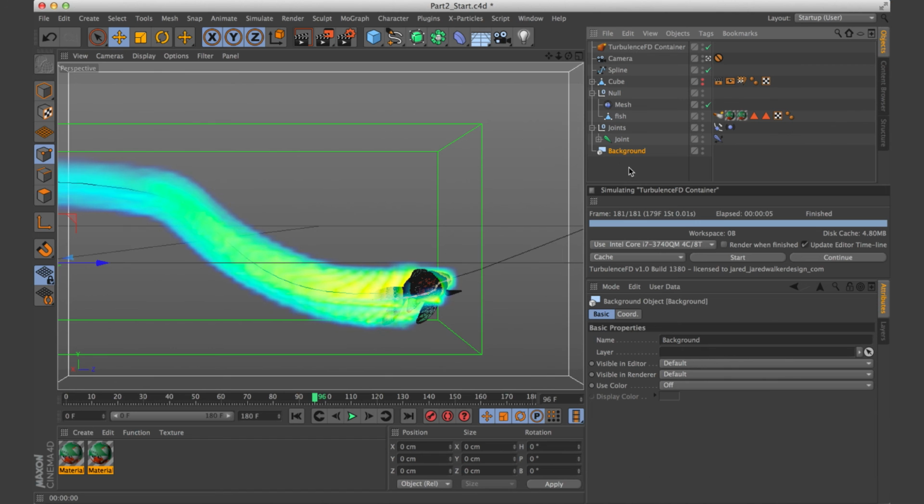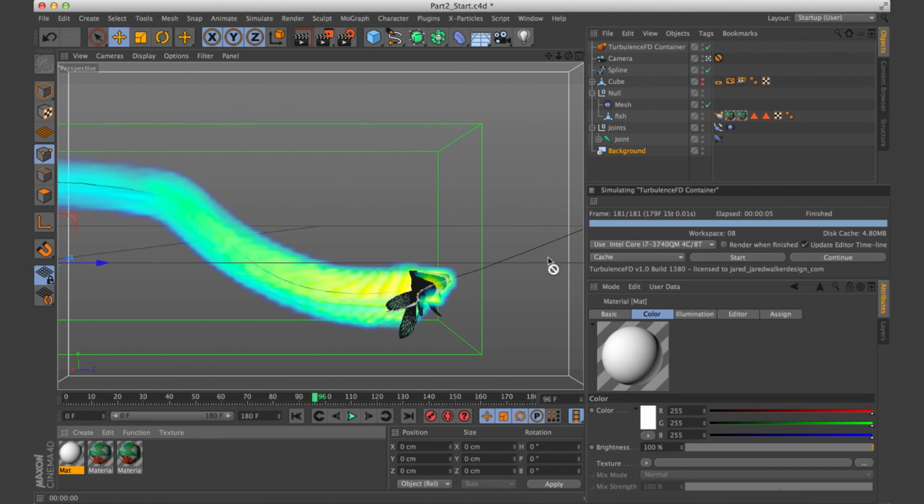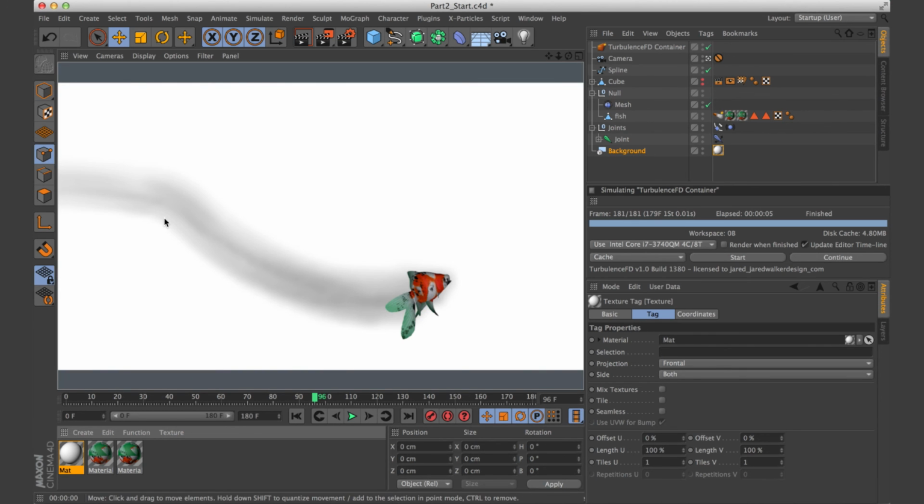So we'll put a background in there, and then we'll make a new texture, and we'll make it white, and then we'll put that on our background, and then we'll render again. And you can see we're already getting this little bit of a trail here. I mean, it doesn't look very good yet because we need to go back and tweak some settings, but already we're getting a trail. And that was actually really fast, the simulation.